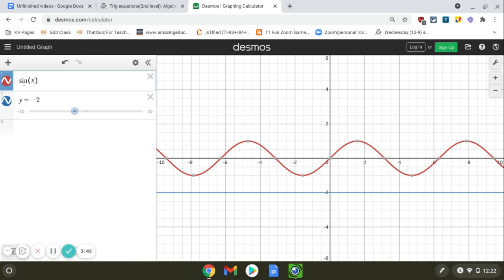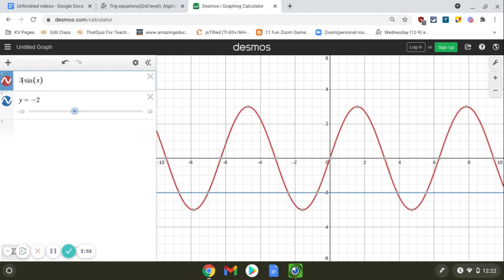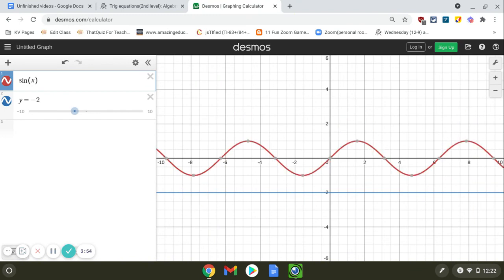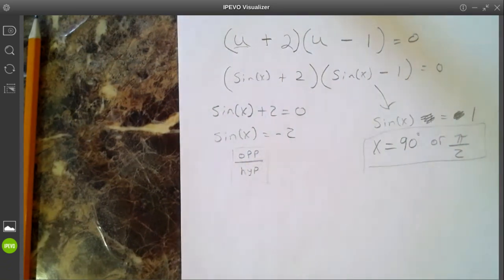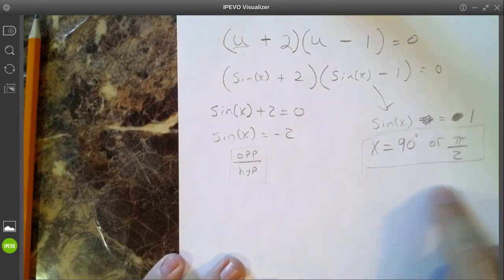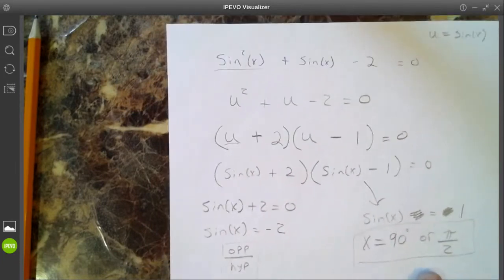So right now we're still talking basic trig equations. If I was to change this to a 3, then they would intersect. All right, it kind of changes the graph. But for that one, that factor by itself would have no solutions. Right? So this would be the only valid solutions for